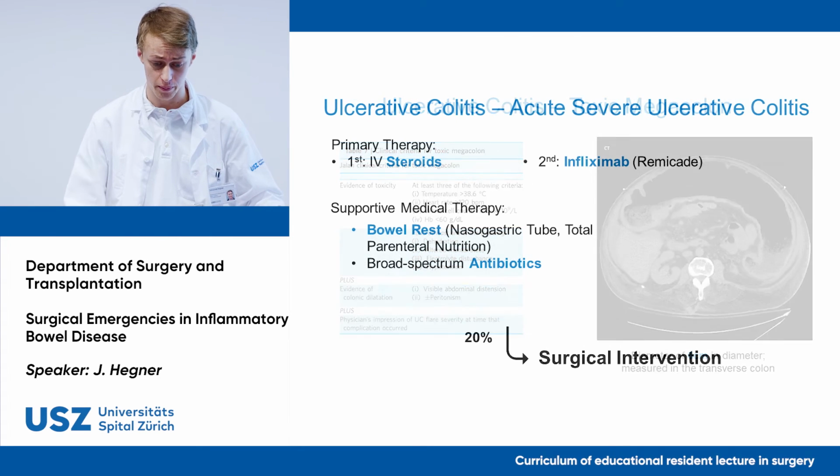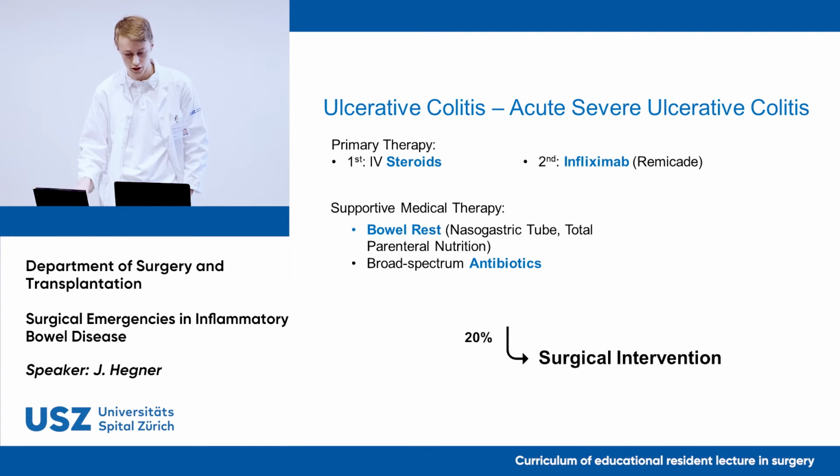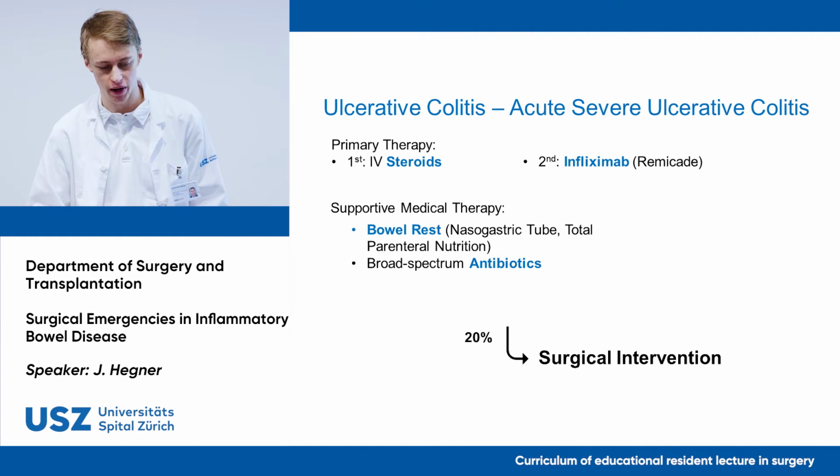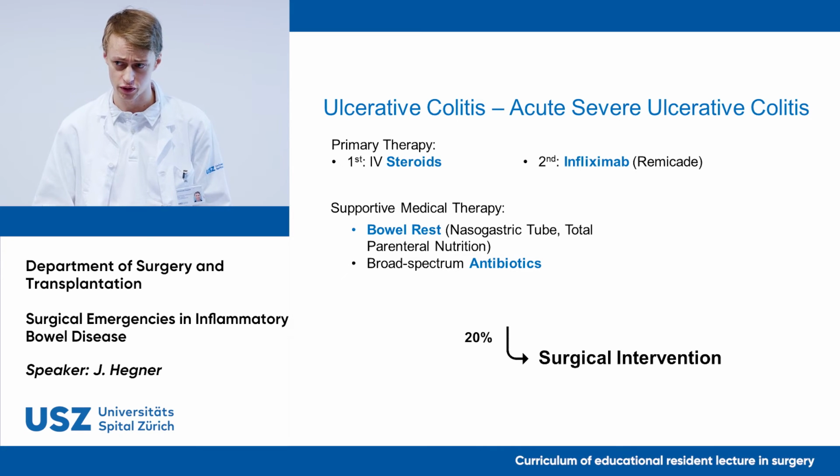Now, to quickly cover the medical management, the medical management here is aimed at reducing colonic inflammation. Primary therapy is composed of high-dose intravenous steroids, which can be complemented by either biologics or other immunosuppressants, such as cyclosporins. Additional supportive medical therapy is done, such as bowel rest and broad-spectrum IV antibiotics. In a patient with severe UC, you want to do daily abdominal X-ray films to assess for distension of the transverse colon. And surgical intervention here should be considered if there's worsening colonic dilatation or poor response to medical treatment after roughly 4 to 5 days.